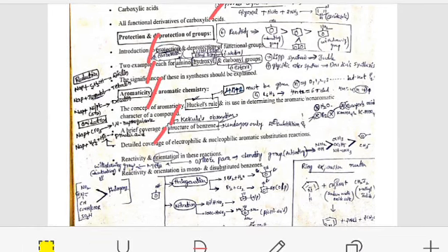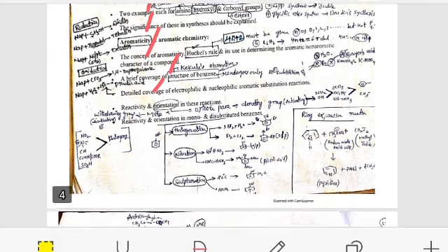And if you see halogenation, nitration, and sulfonation of phenols in the presence of water and non-aqueous solvents, dilute and concentrated nitration, and sulfonation at different temperatures, you have to know what product is going to be formed. That's why I represented it here. And here I also gave imidazole reactions.